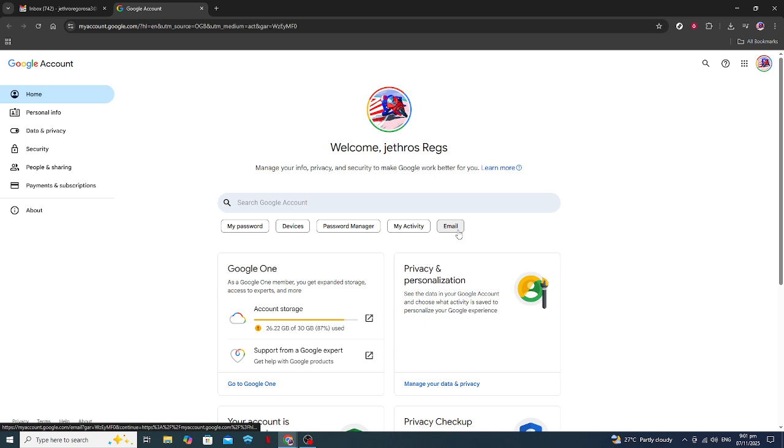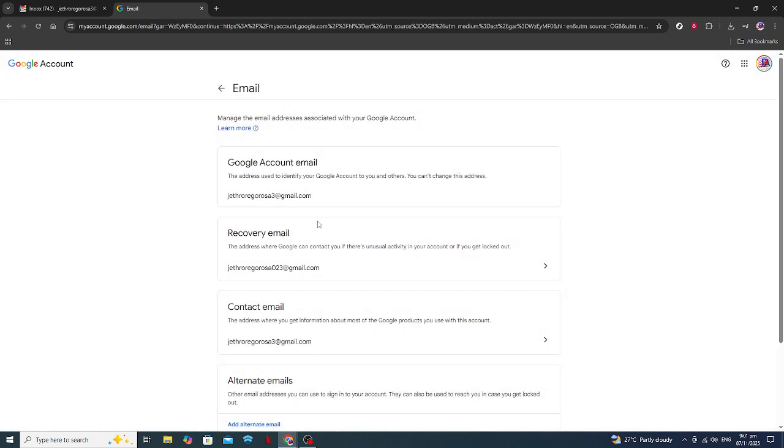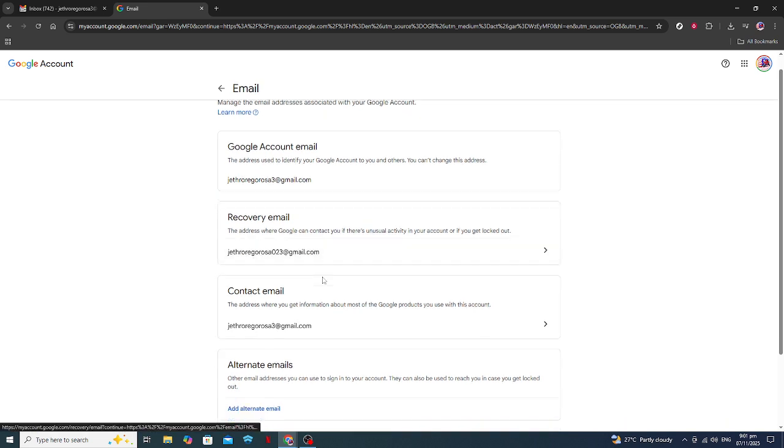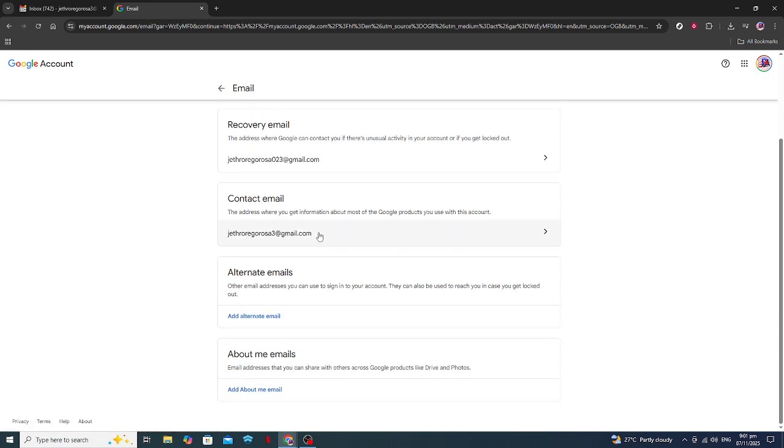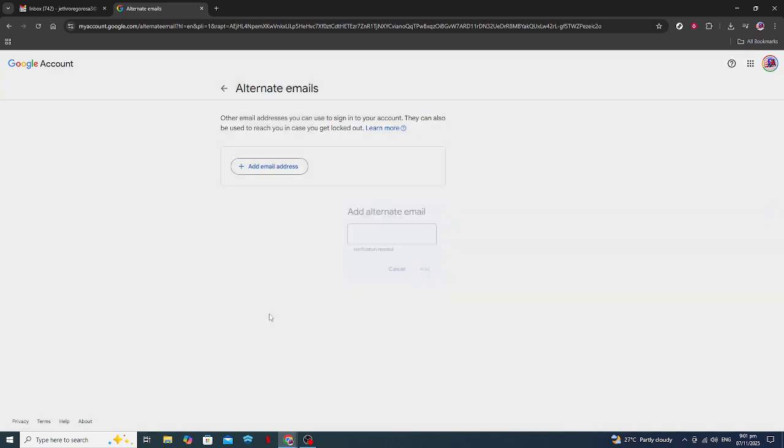Here's a tip. Make sure you have an alternative email address ready before proceeding. Gmail doesn't let you change your primary email address, but having a secondary one will be beneficial. Now click on your email address. What we need to do next is add an email that you can use as an alternate. In doing so, you'll still receive emails to your original address, but you'll be able to use the new email